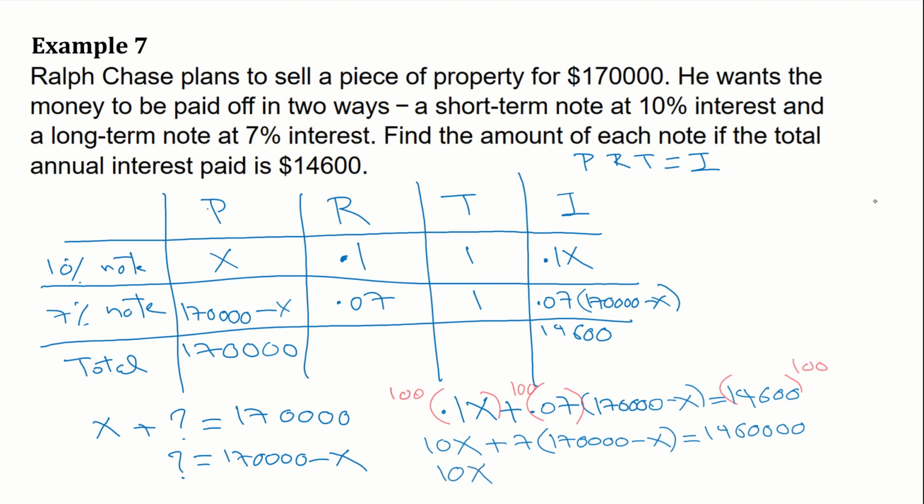So we get 10x plus 7 times 170,000. And then positive 7 times negative x gives me minus 7x equals 1,460,000. So I can combine the 10x and the negative 7x to get 3x plus 7 times 170,000 equals